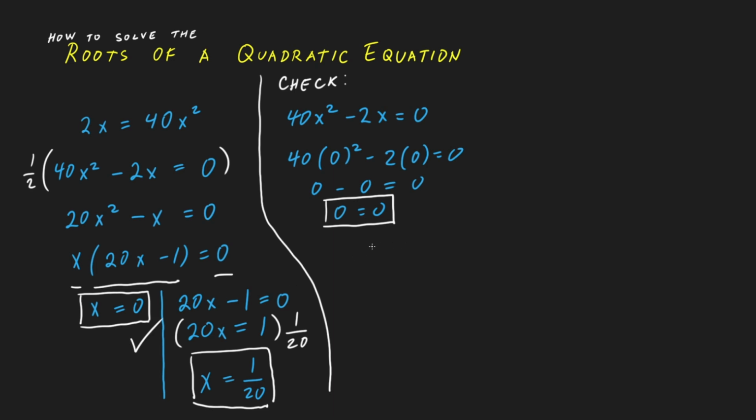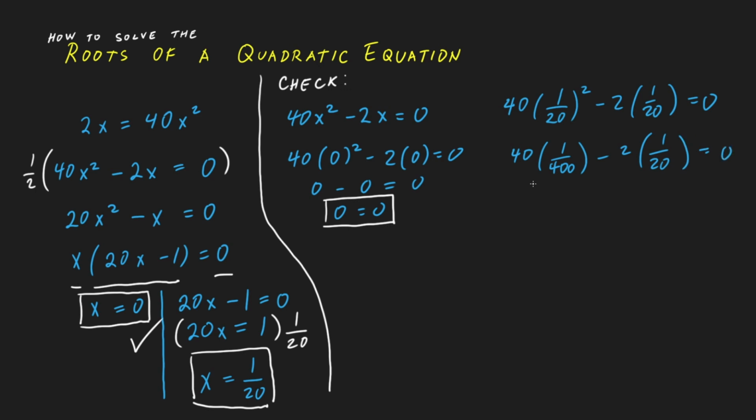Next, we need to check the other one. So I'm going to write here 40 multiplied by 1 over 20 squared minus 2 times 1 over 20 equal to 0. Are we going to get 0? Let's check. So we have here 40 times 1 over 400 minus 2 times 1 over 20